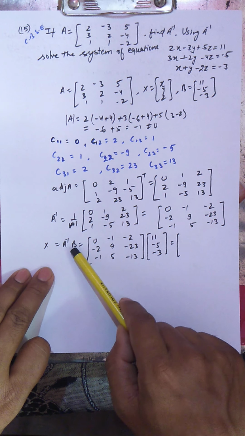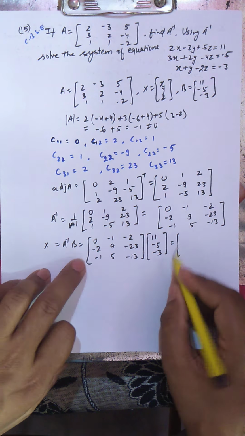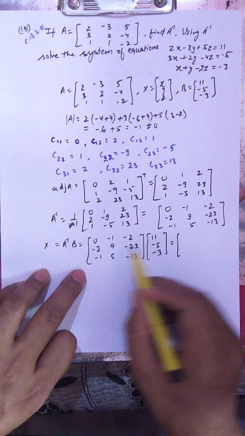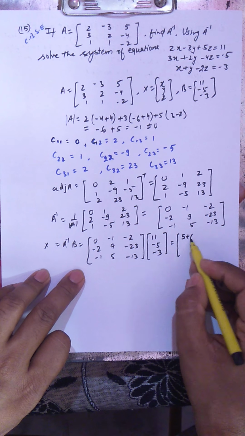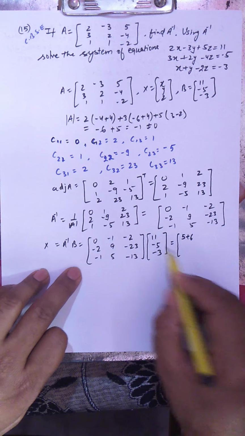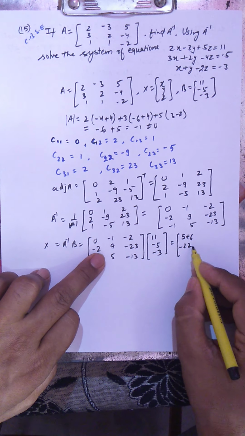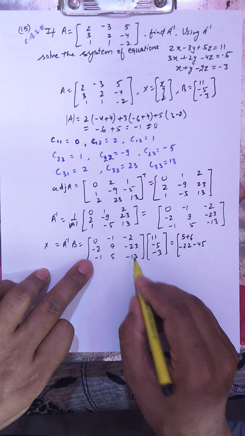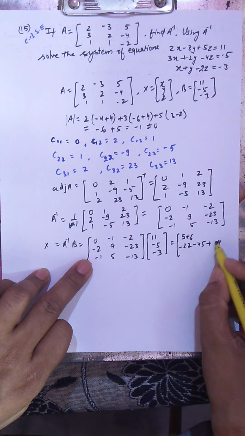Now X equals A inverse B. So this is your A inverse and this is your B. We now calculate all the values. This is 0 into this, 0. This is minus plus 5. And this is minus 2. This is plus 6. So this is ultimately 11. Now come to this, minus 2. And this is minus 22. 9 times 5 is 45. And 23 into plus, this will be becoming plus 3 3 9, 69.